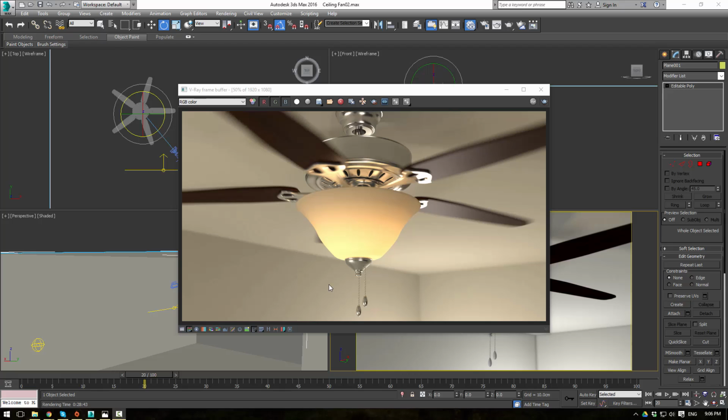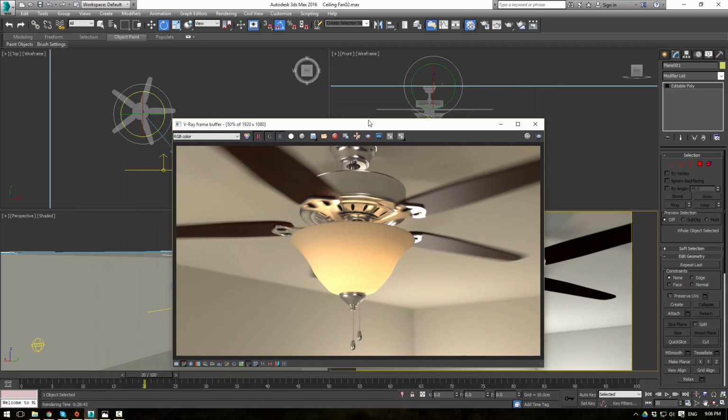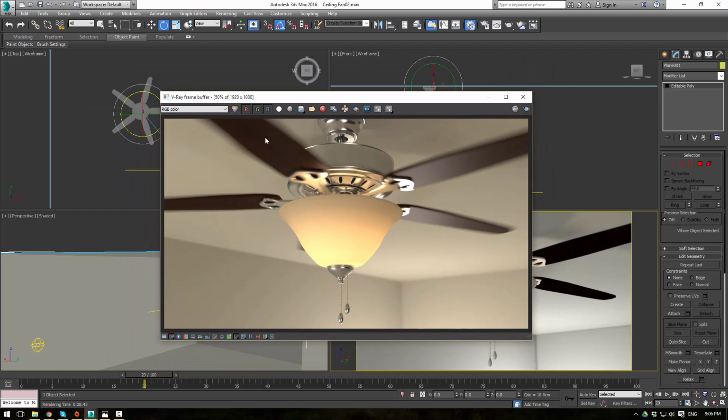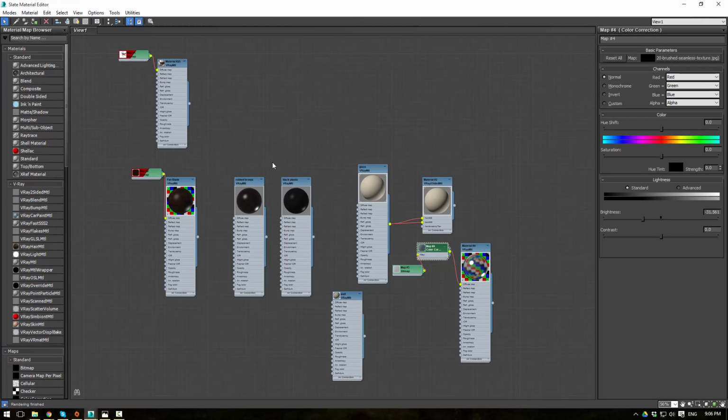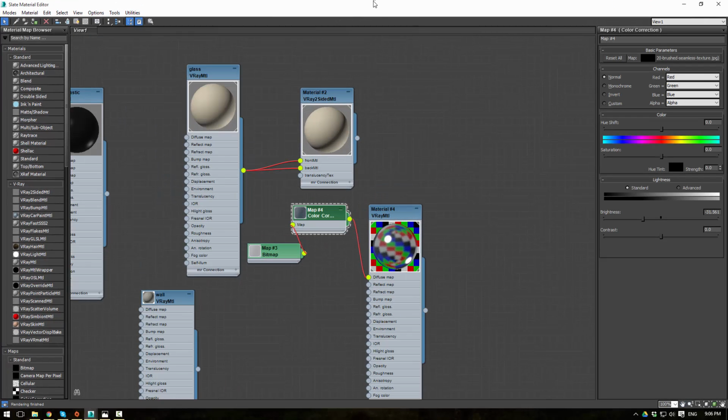Alright, so now let's cover the basics of shading our fan. So here's kind of the image that we're going to come up with in the end. And I'm just going to do a quick rundown of how I created the three simple materials in this scene. So I'm going to go over here and show you. So the primary material for the